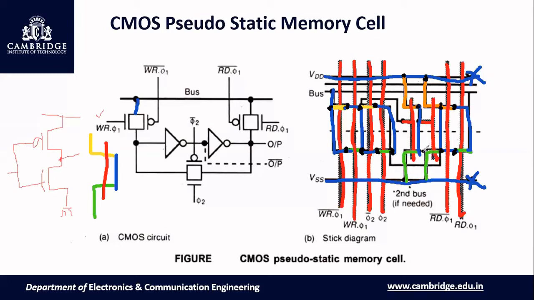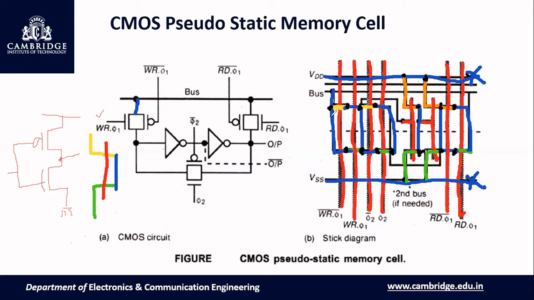Sir, can you explain what happens in this, using the stick diagram of inverter? Can you explain what will happen to the output if the input is 0? Okay. Let me finish this stick diagram. I'll come back to that. Almost done. Only connections I have to do. Fine. Okay. So got it now.